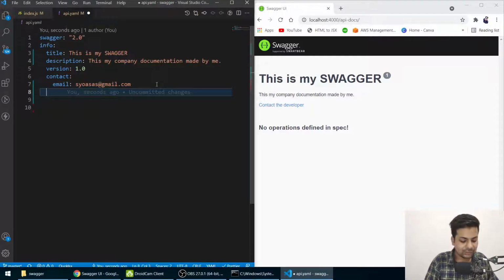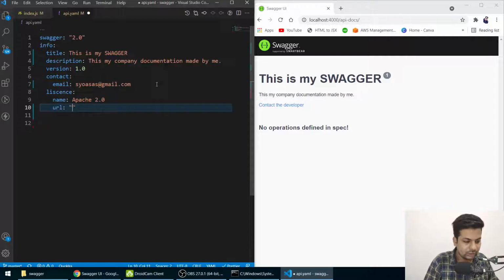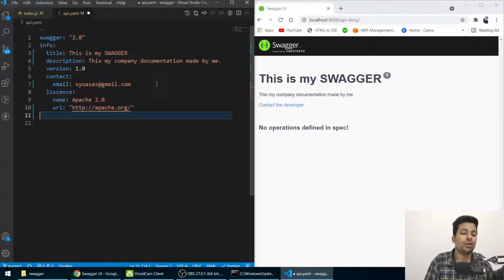Then we have license, which is normally the Swagger license, so we'll just say name Apache 2.0 and URL, and we'll say http://apache.org. You can put your own license also, but I don't know why everyone uses this only, so you have to use this also.